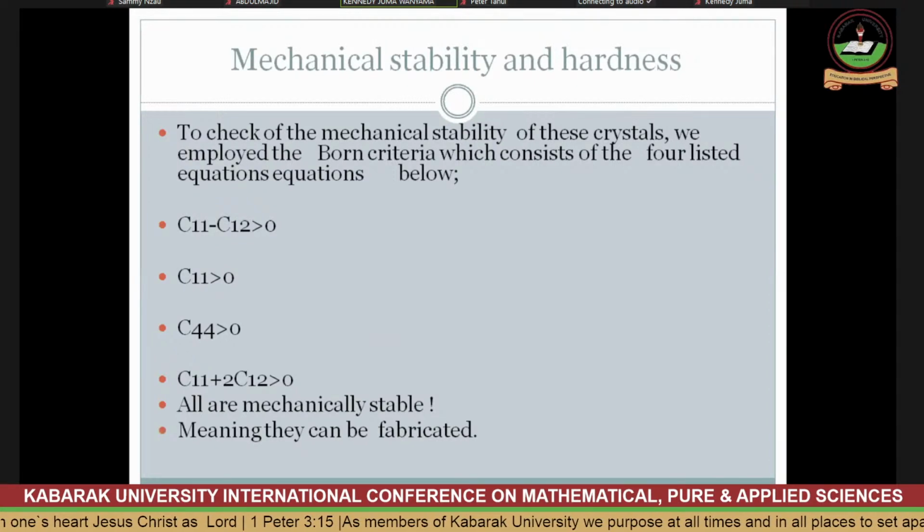To check the mechanical stability of these materials, we employed the bond